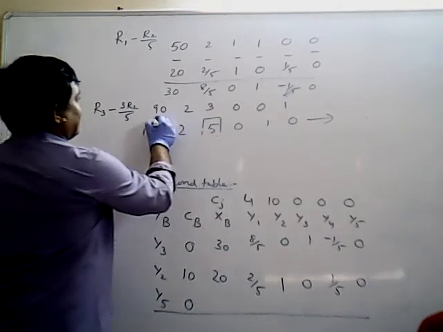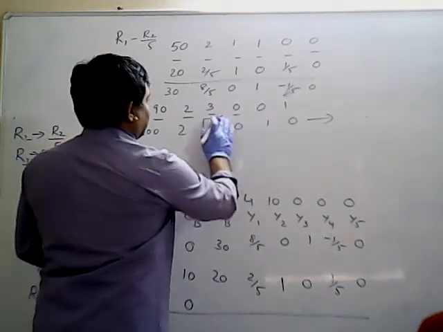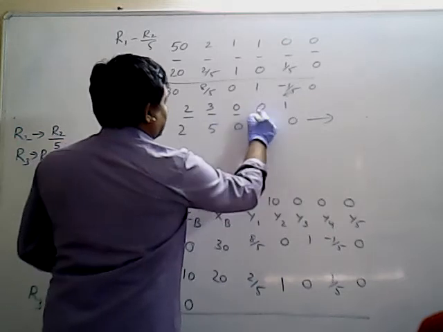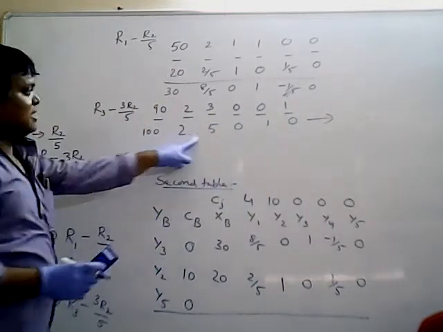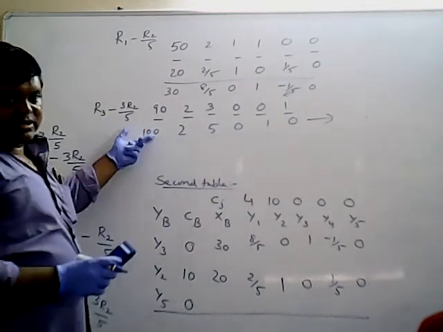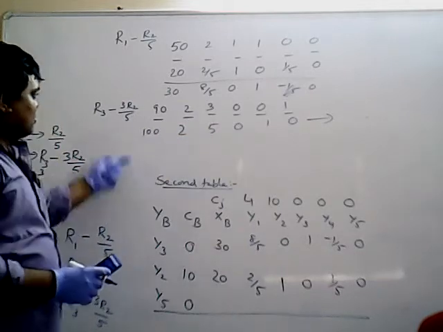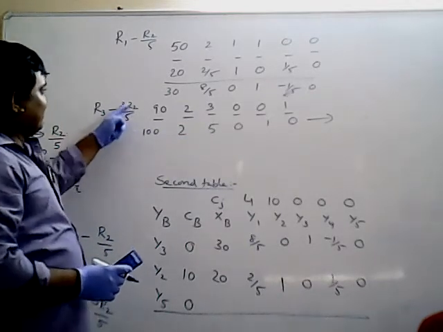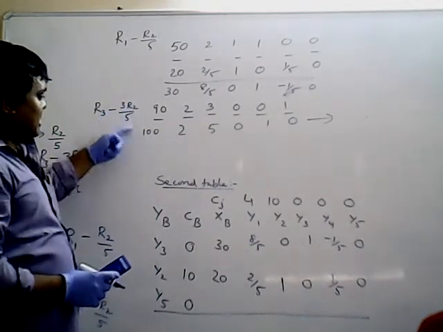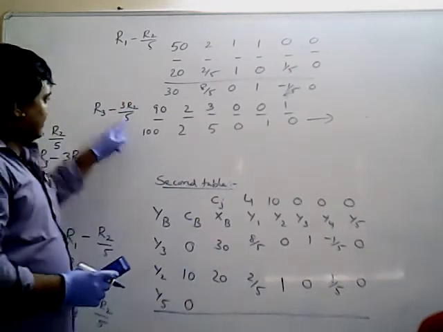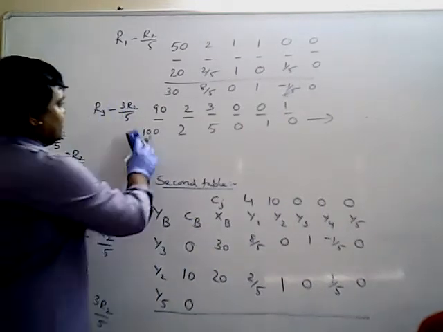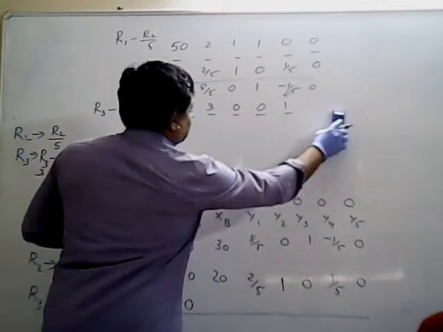So in between, just put minus. This is the actual R2 values. This is the R2. I have rubbed it actually. So R2, what is that? 3 by 5 into R2. Otherwise R2 by 5 is already here, so into 3 you just have to do. So I am dropping this one.